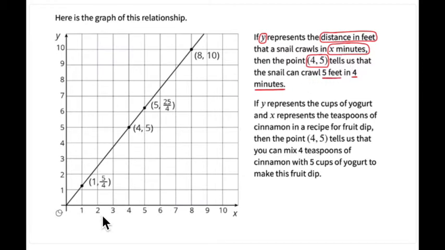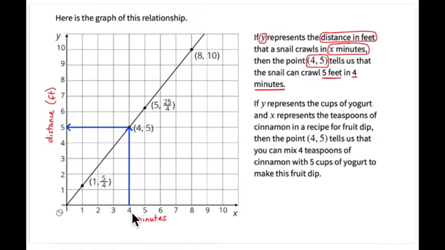And if you go out to 4 minutes, that's the x coordinate. Then you go up to this line, and where that line intersects, read over to the y-axis, that's the y coordinate. So the distance in feet, 5, per the amount of time in minutes, 4,